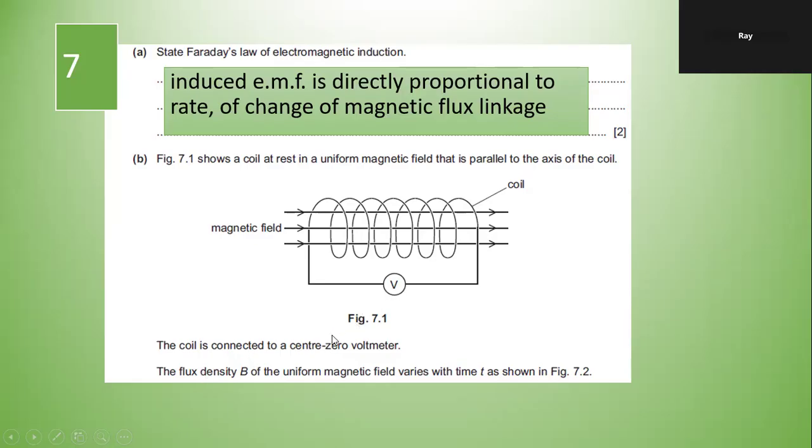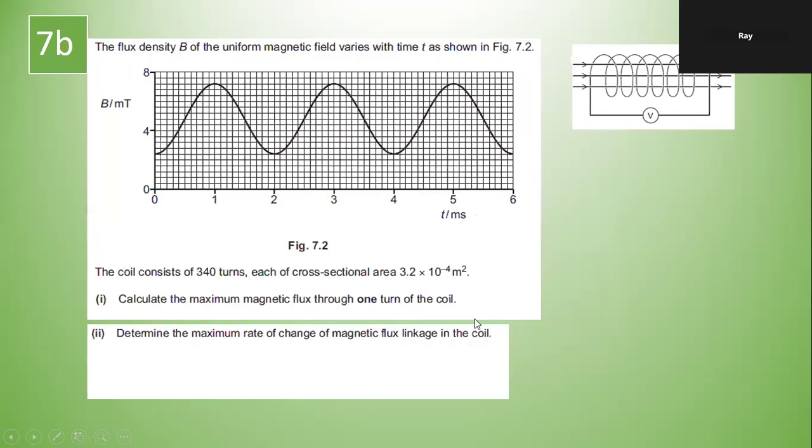The flux density B of the uniform magnetic field varies with time as shown in figure 7.2. Time is in milliseconds, B is in millitesla. The coil consists of 340 turns, each of cross-sectional area that